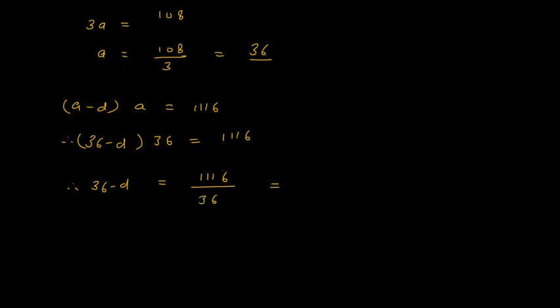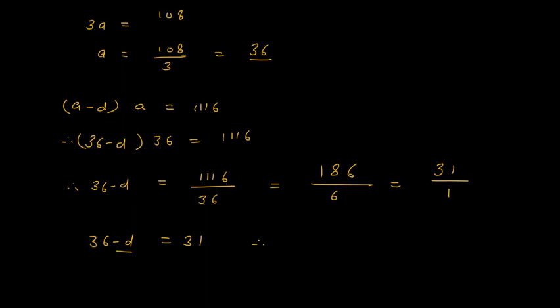Let us divide them by 6. So 6 6s are 36, 6 9s are 54, 6 8s are 48, 3 51, and 36. If you find it difficult to divide by 6, just do the long division method and find out. Now again with 6 I will divide. 6 3s are 18 and 6 1s are 6, and here it is 1. So 36 minus d, you will get 31.